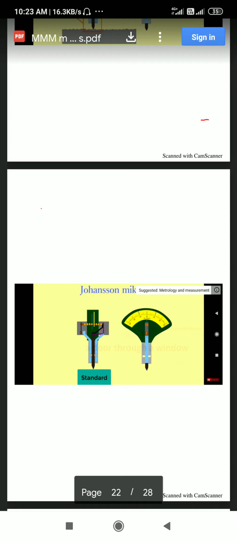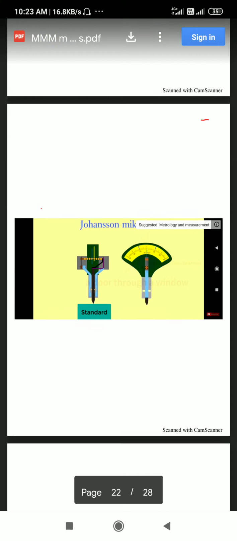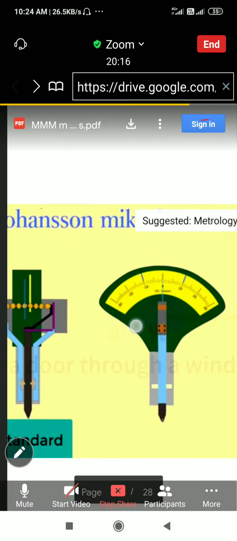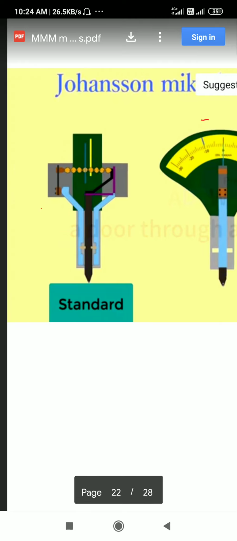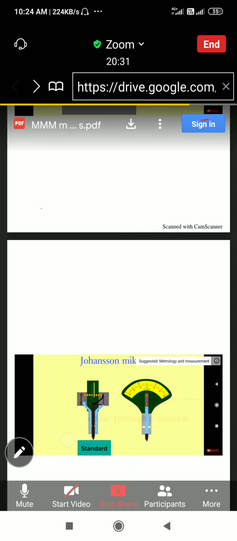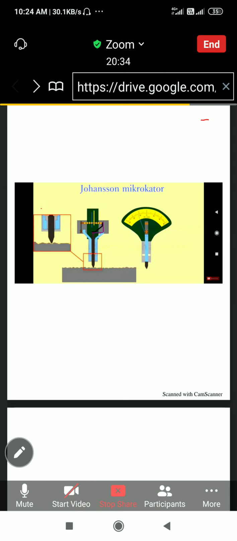Now you can see over here, I will show the two diagrams. The same thing is there in this Johnson micrometer. First, the range is selected by the standard. Can you see in this diagram? The standard is there over here. That standard is nothing but the standard workpiece, at the bottom where the plunger is there. Can you see the diagram? Please reply. Okay, now I will move next.